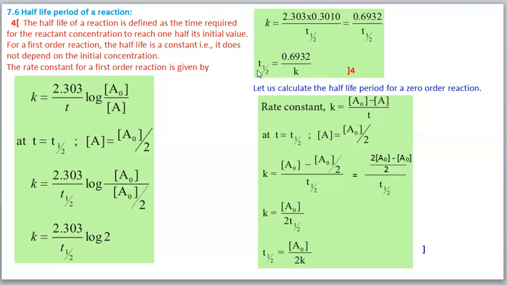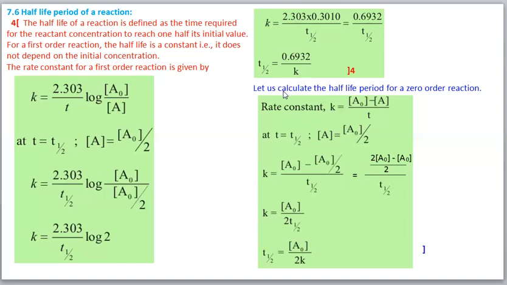This formula is used. Again, you have to remember this value. You see, 0.6932 equals 2.303 into 0.3010. This value also you have to know. In some places, instead of this value, we have to write these two values. Then some values may be cancelled and so on. Okay, so you must know this value equals 2.303 into 0.3010.